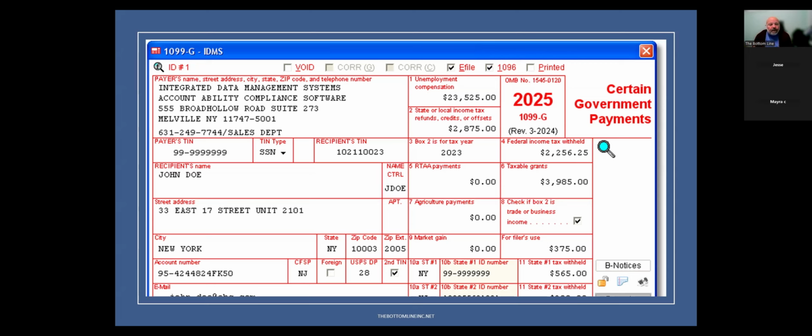We'll go into that, but just to keep this in the back of your head: if you write off the taxes you paid in this year, and then I get a refund, that becomes income. So box 2 tells us what year it's from, and box 3 too. But box 2 is taxable if you filed a Schedule A in 2023. If you took a standard deduction in 2023, that amount's not taxable.